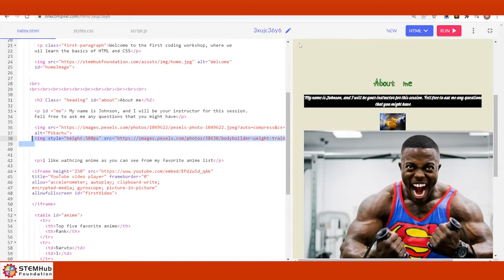Does everybody get what I mean? You can override the height for one particular image. You see where I go style equals height, and I override it. I do a lot of inline styling for specific things, because you might want one image bigger than the other. You don't want to control all the images.